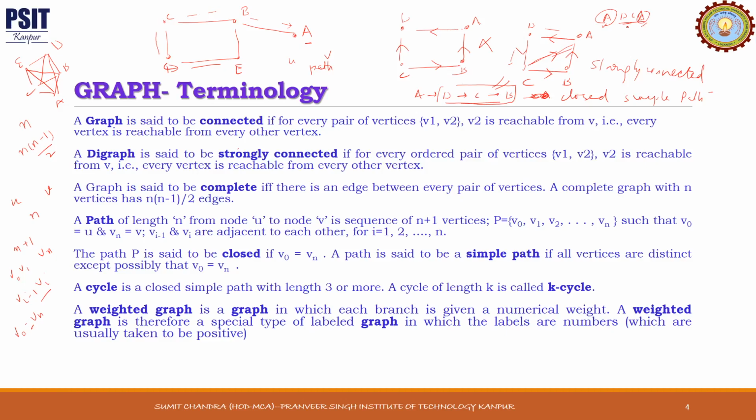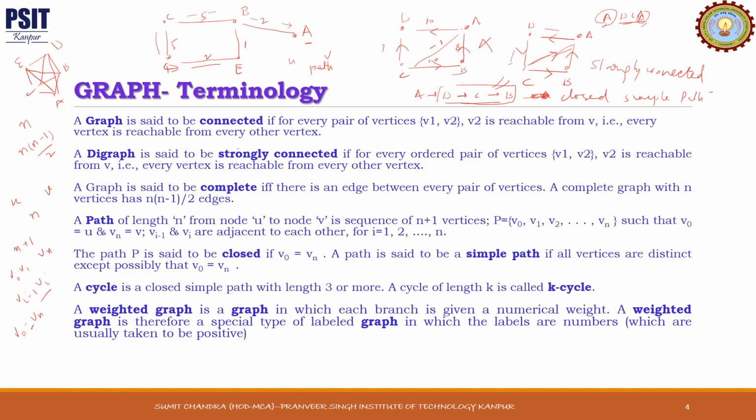Now a weighted graph is a graph in which every edge is given a numeric value. It can be directed also, it can be undirected also. For example, suppose I assign some values here. It can be negative also, but generally it is non-negative. So now these two graphs became weighted graphs. These are also called labeled graphs, weighted labeled graphs. So every edge is assigned a particular weight, and these types of graphs are widely used in several graph applications.